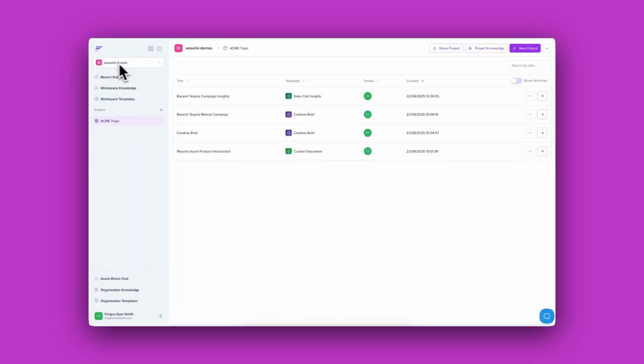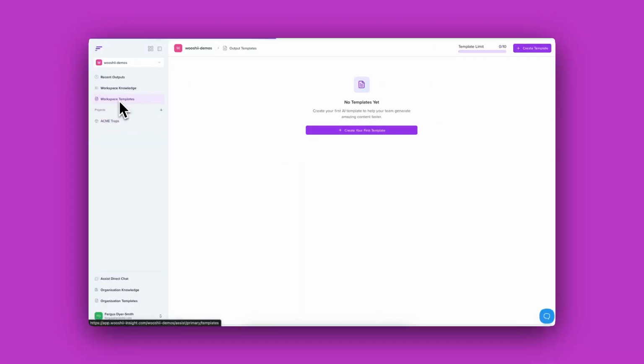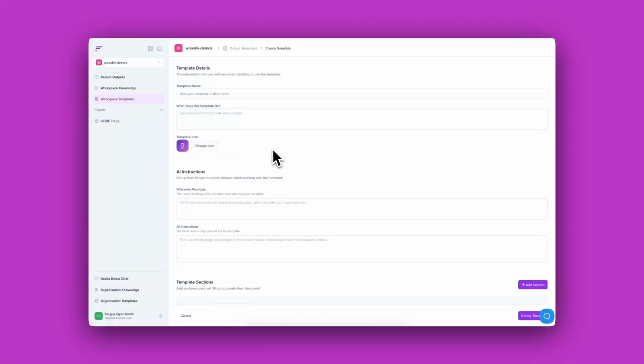So in this case, I'm inside the workspace Wooshii demos. Let's create a new workspace output template. Click Workspace Templates. You'll be presented with this screen. Create your first template. Here we have the template builder. I'm going to go through each section so you can understand what it represents. Now, it is handy to understand how this correlates to a template, so I'll bring that up on a second